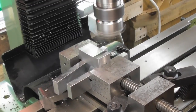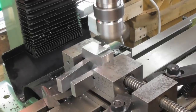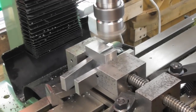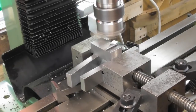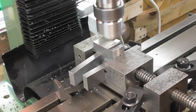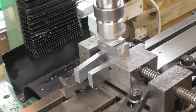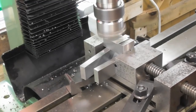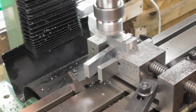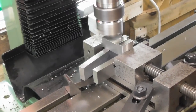Of course, if I'd wanted a radius in that corner, I could have dressed a radius on the leading edge of the tool, and it would have given me a radius. So I may, as we go forward, start grinding up different tool bits to go in the fly cutter. It's only got a 12mm shank on this fly cutter. I think I'll probably, when I make another one,